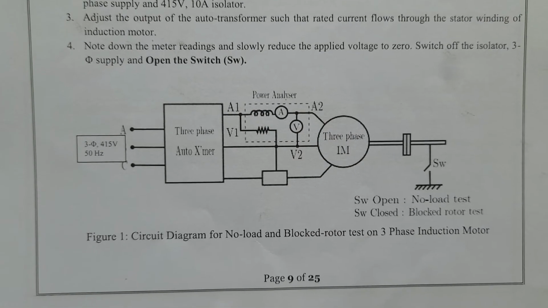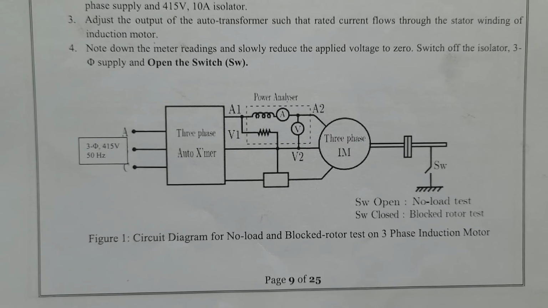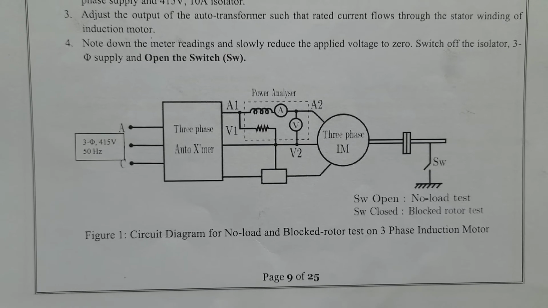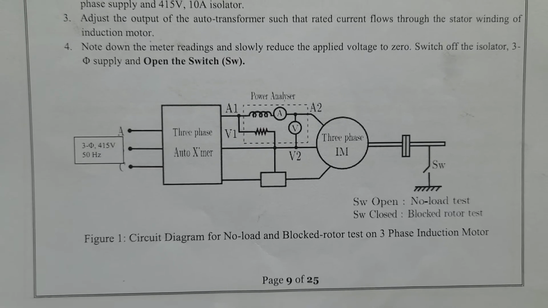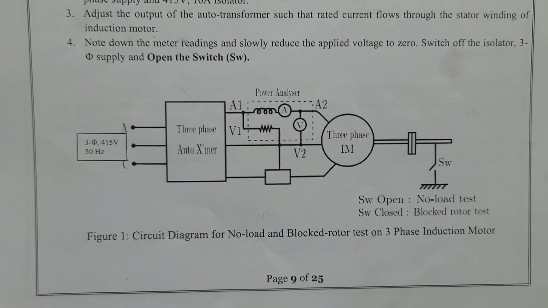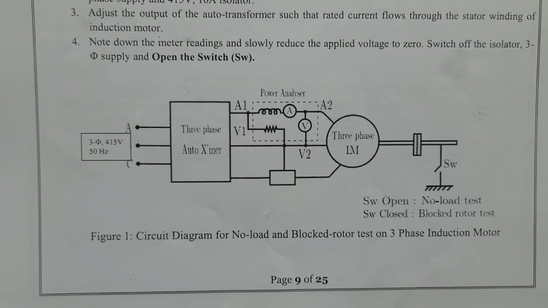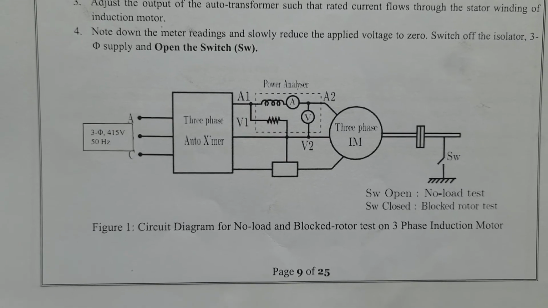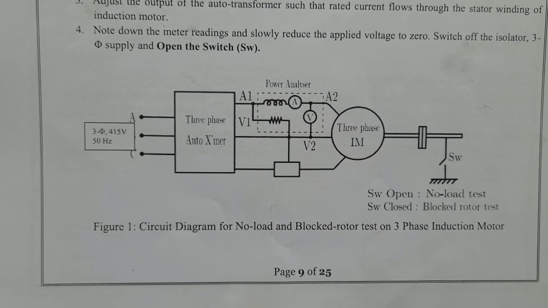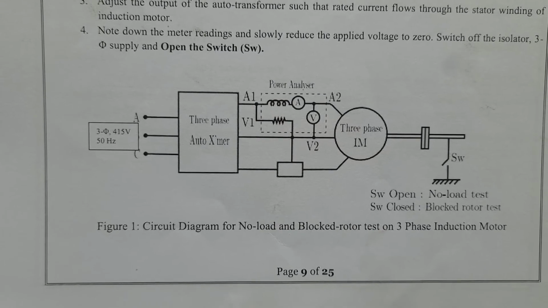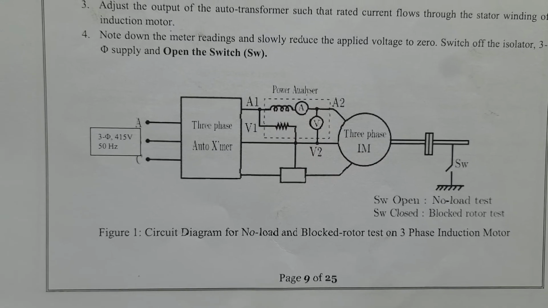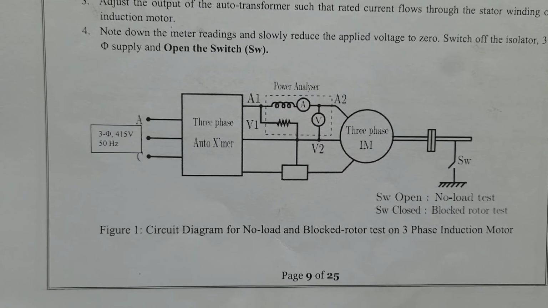When it comes to the blocked rotor test, block the rotor by using a particular setup and make sure the speed is 0, and slowly increase the voltage and observe the current value, which is the rated current value. The rated current is 2.2 ampere, and ensure that the current is not more than 2.2 ampere, which is the rated ampere, and observe the voltmeter value as well as the wattmeter value. In this position the rotor is blocked, that's why it is called a blocked rotor test. So by using these two tests, the magnetization and leakage impedance parameters of the induction motor can be obtained.